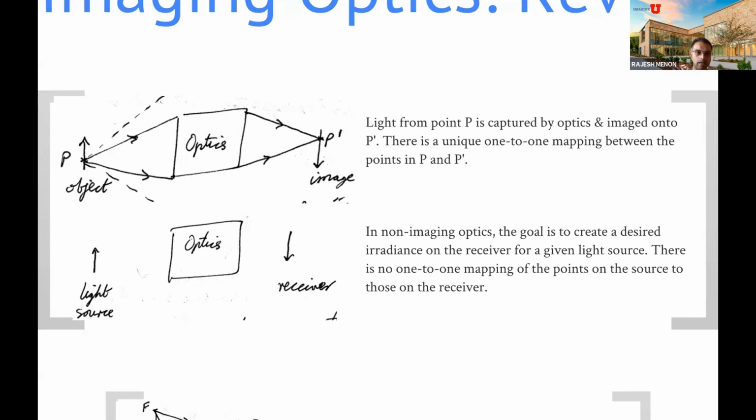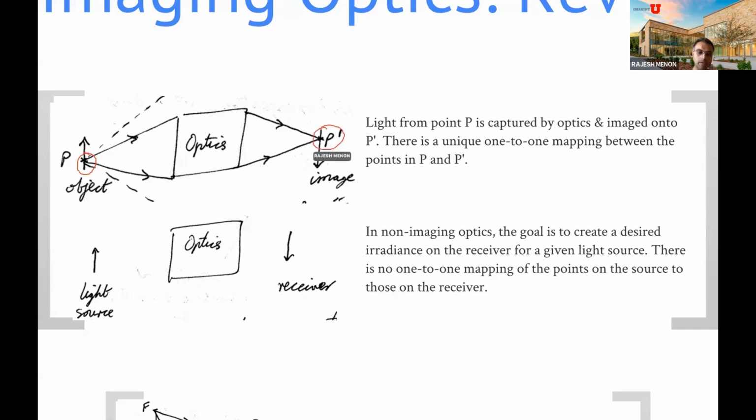What that means is that every point on the object gets mapped to one point on the image. Okay, now it's working. Sorry about that. So if you think about a point P on the object, that gets mapped to a